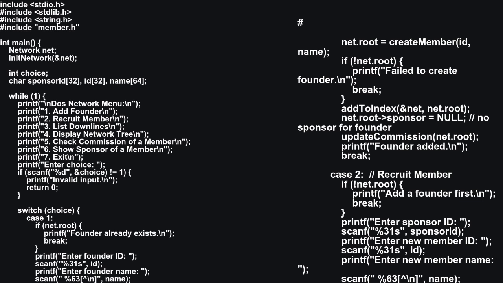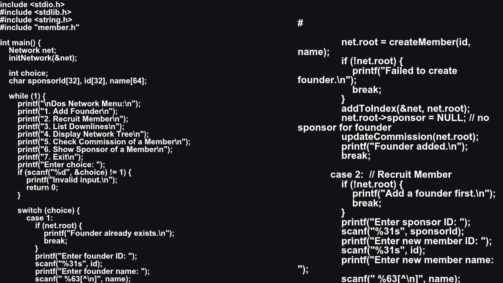Then inside the main function, we create a network variable called net, and we call init_network to initialize everything before the program starts. The whole program runs inside a while loop that displays a menu. It continues running until the user chooses option 7 to exit. The user can pick an option by entering a number, and the program reacts depending on the choice.